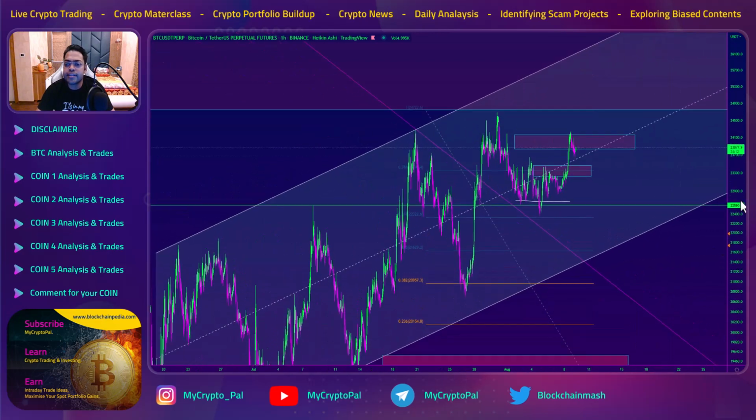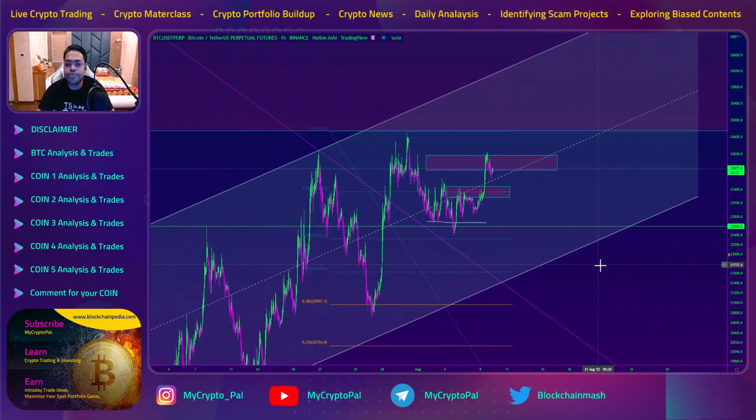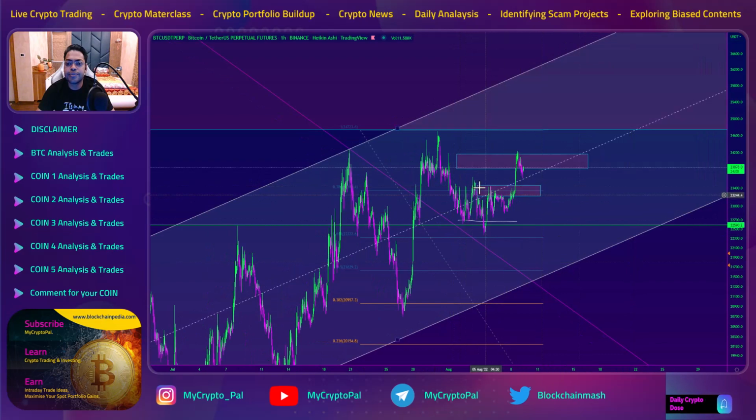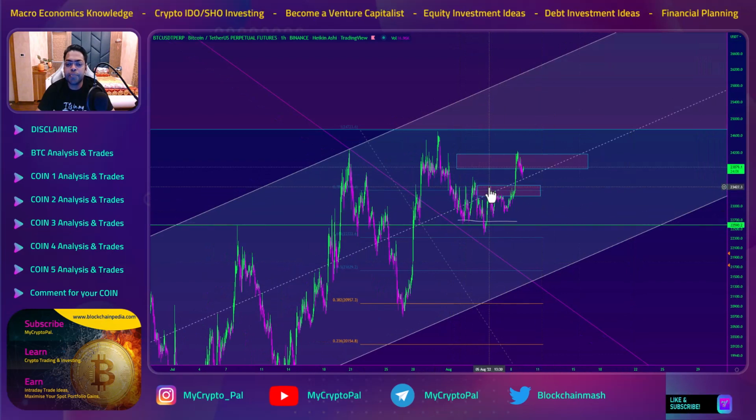Now, like I was discussing, what are the profit taking zones for long? You can see that this was the first zone. Price tapped it beautifully and then came down. So this was the first liquidity tap. Now you could take 30% profits here, and as it went down, you can see it touched our golden pocket. You could enter a little bit more, or add more position to your longs here. This is how you trade.